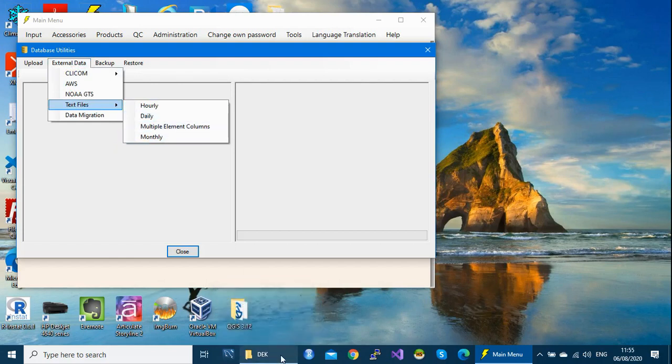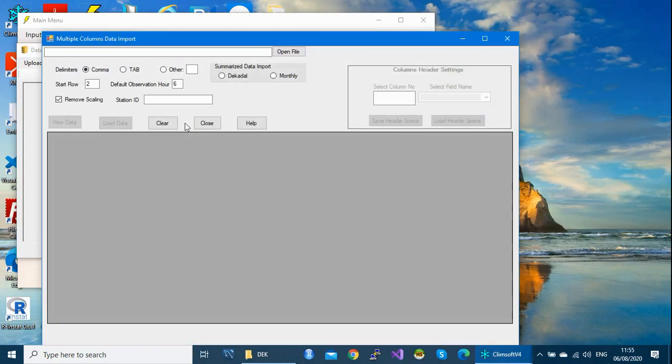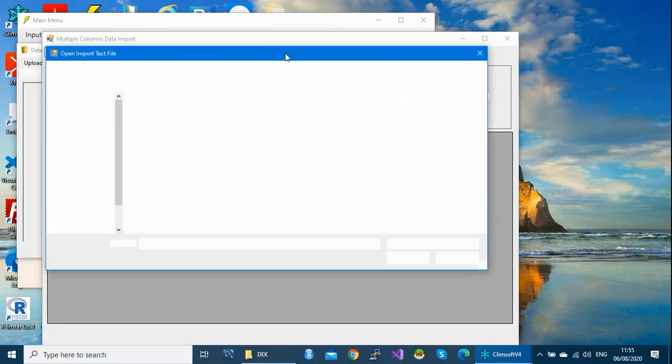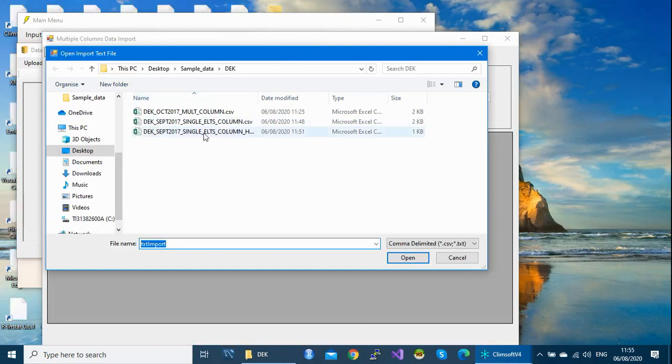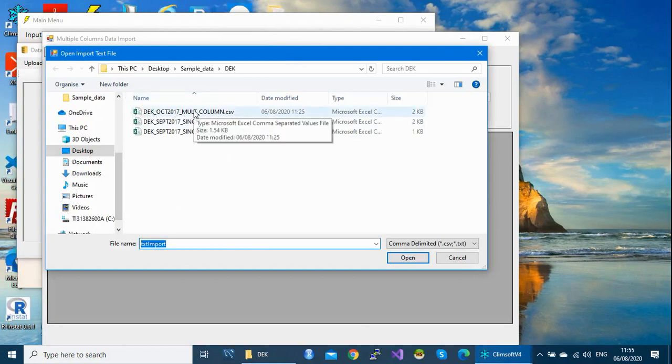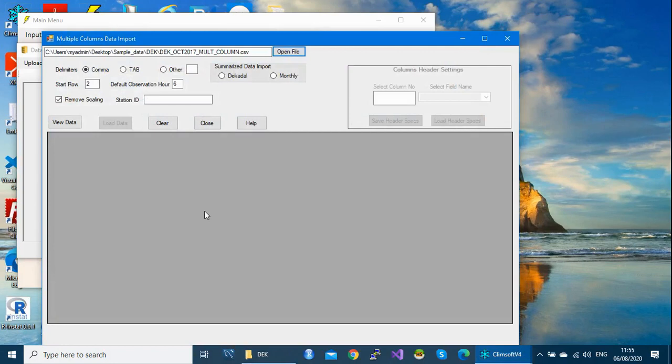So that means my elements are in different columns. As you can see, I'm going to show you how. So go to open file to select that file. Multiple columns, click on it. And this is Decado data, remember. And then view your data.